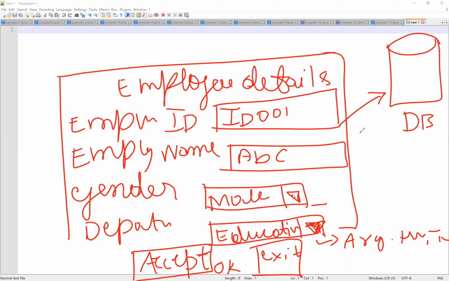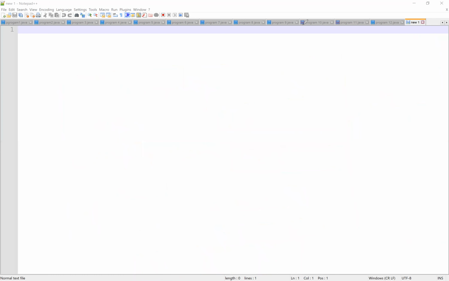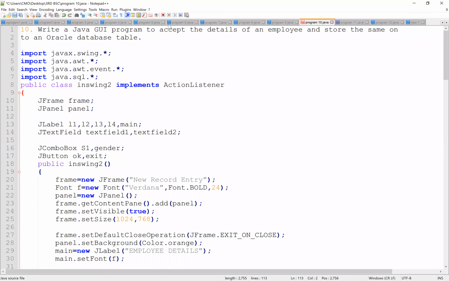Now we need to create a link to our database. How to create the link? For this we used our 7th, 8th, 9th programs, right? Connection, queries. Those things will come now. This is about how the actual program works. Now let's see the actual program, our 10th lab program. First, like always, you need to import all your import files.